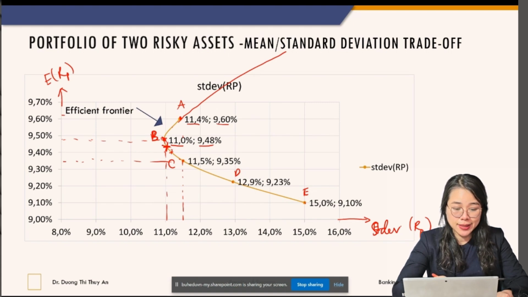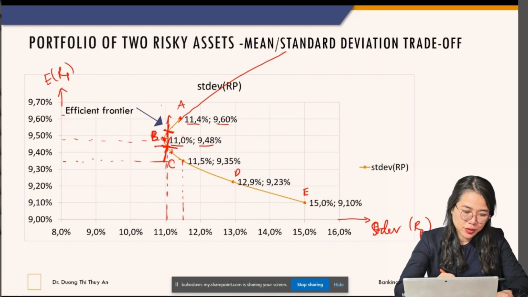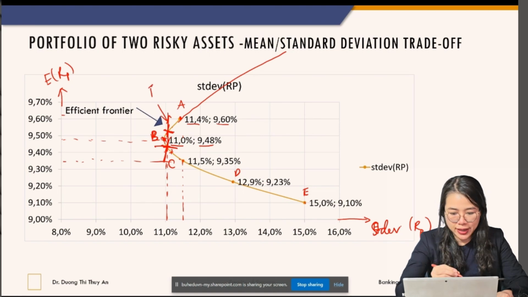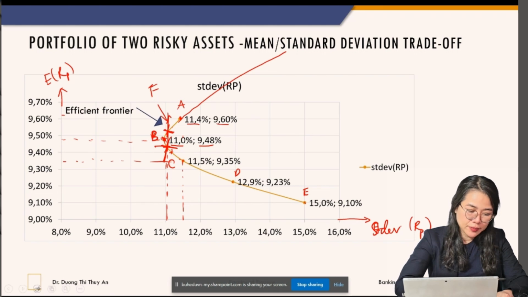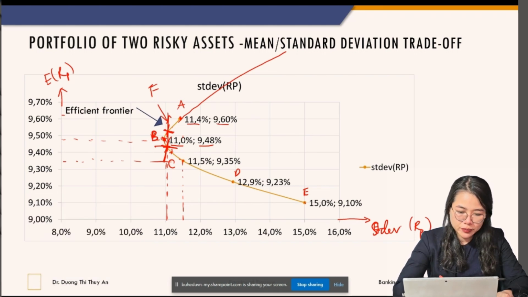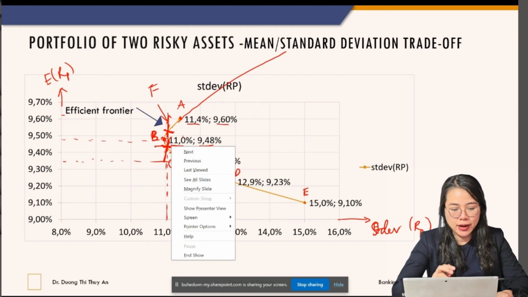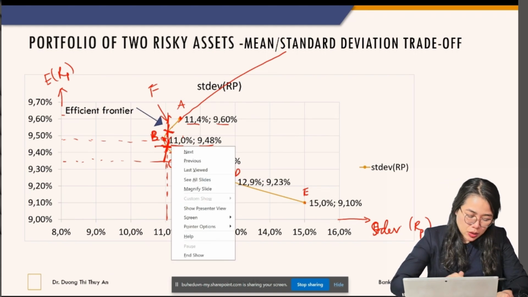And I can come to you and say, look, I can offer you a portfolio at the same risk as this portfolio, the same risk here, but higher return. I draw like this and it cuts the above line at this point. I call this portfolio F. This portfolio has the same risk as the portfolio below B, but it has higher return, right? So with the same argument,